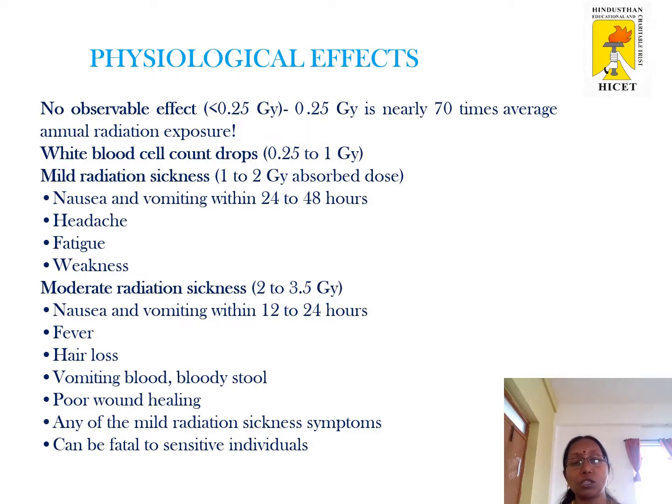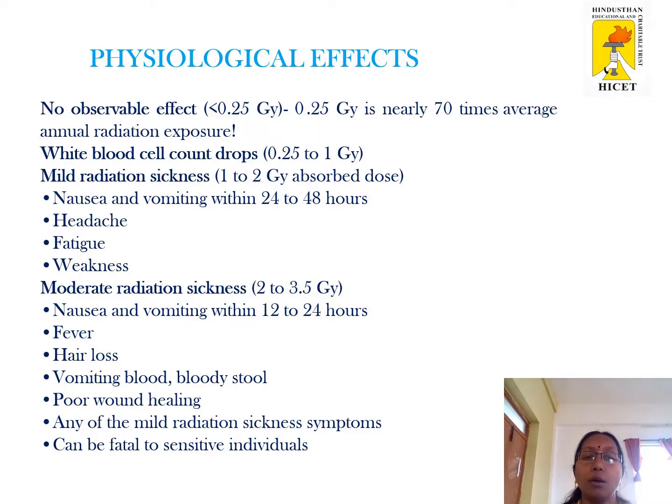Physiological effects. What are the physiological effects when we are exposed to nuclear radiation? No observable effect will be there if the radiation exposure is less than 0.25 Gy. So 0.25 Gy is nearly 7 times the average annual radiation exposure. When radiation exposure is in the range of 0.25 to 1 Gy, the white blood cell count will drop. Then 1 to 2 Gy absorbed dose means you will have mild radiation sickness like nausea and vomiting, headache, fatigue,